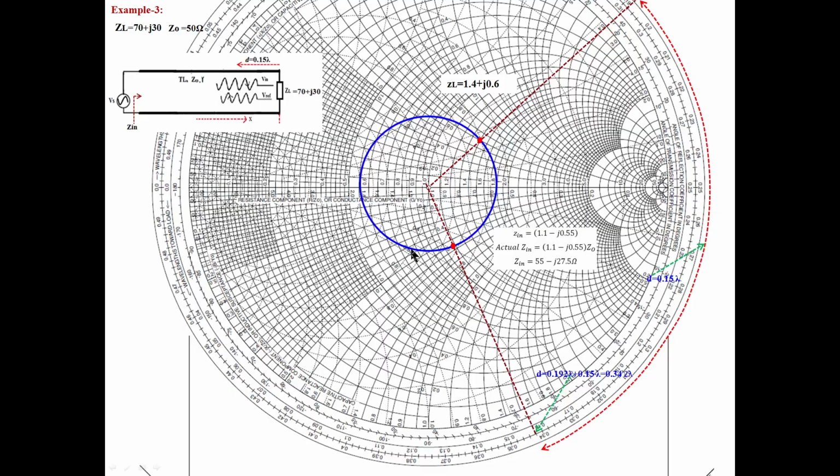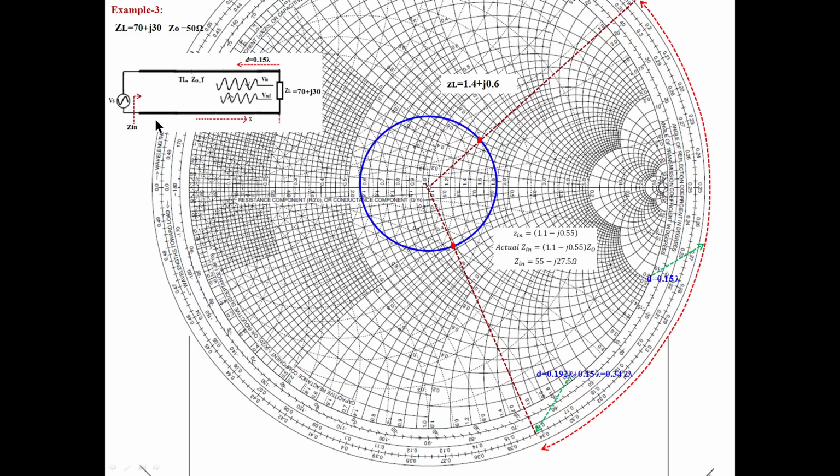Similarly, we can find the impedance at any distance. This is finding the input impedance at any given distance. From the load, you just move in the clockwise direction, stop at that distance, and draw a line. It cuts the VSWR circle, and you read the impedance there. That is the procedure for finding the input impedance. I already told you how to read the wavelength scale. All of you must practice it.